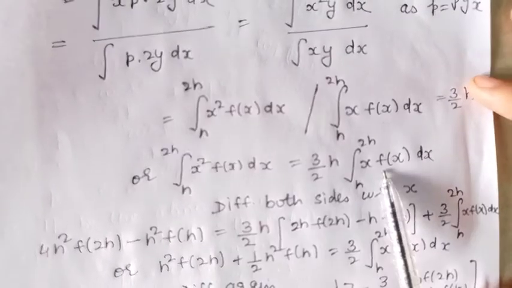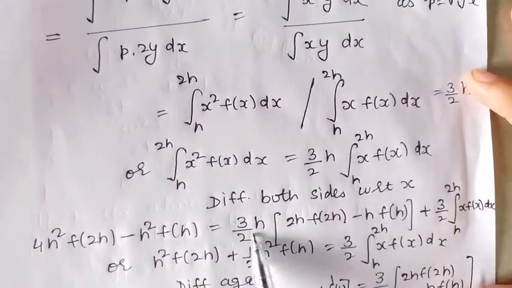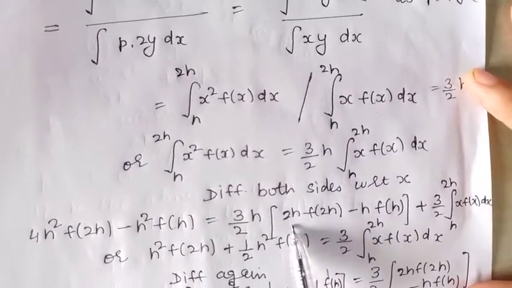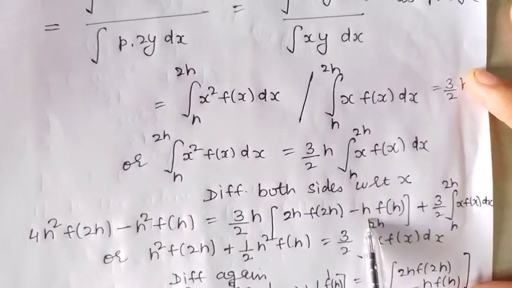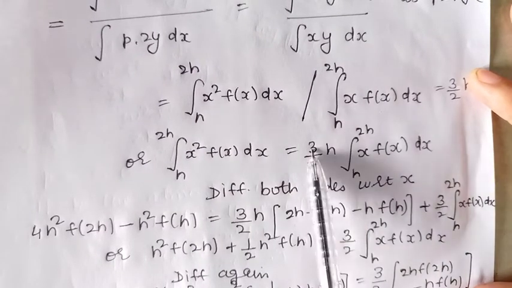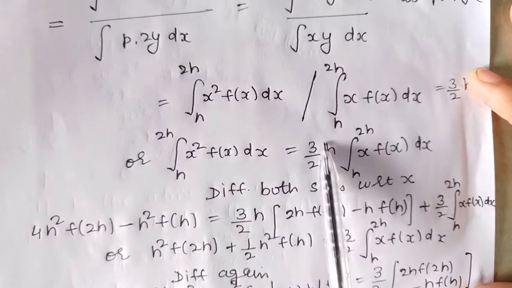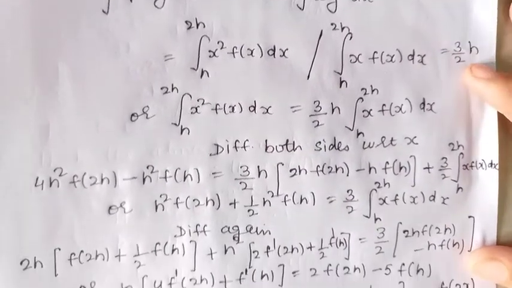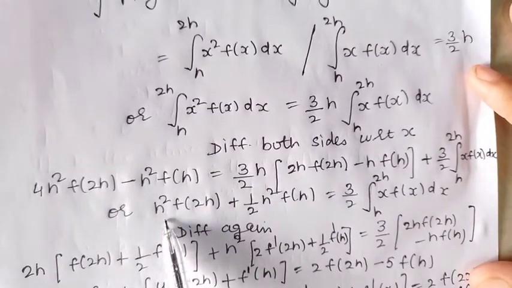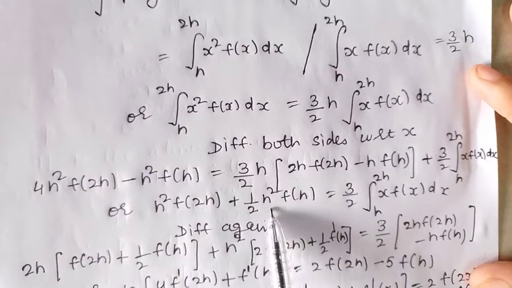On the right side, by using the product rule of differentiation, 3 by 2 h as it is, the derivative of this term, that is 2h into f of 2h minus h into f of h, plus 3 by 2 into this will remain as it is, the derivative of h, that will be 1. Now after simplifying this, we have obtained h square into f of 2h plus half of h square f of h